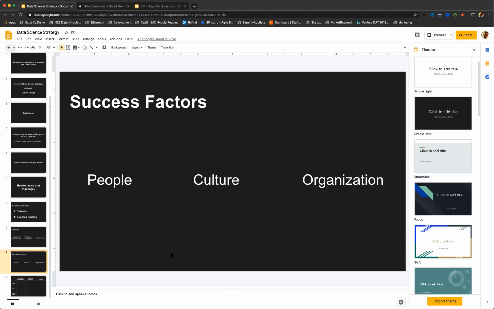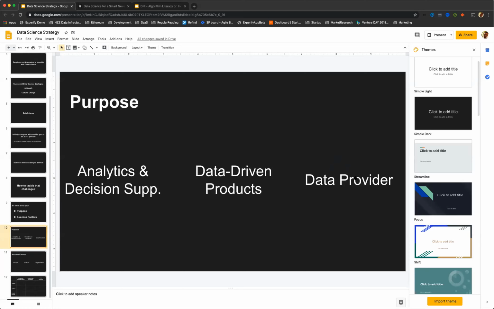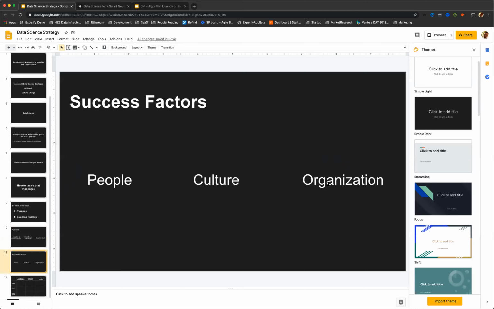Well, unless your main purpose is to be a smart data provider for, let's say, other independent units who consume that data. So unless this is the case, putting a data science team in the IT department is most likely the worst decision you can make. Why? Well, because if you are somewhere else, then at the point where you actually want to have impact, let's say maybe